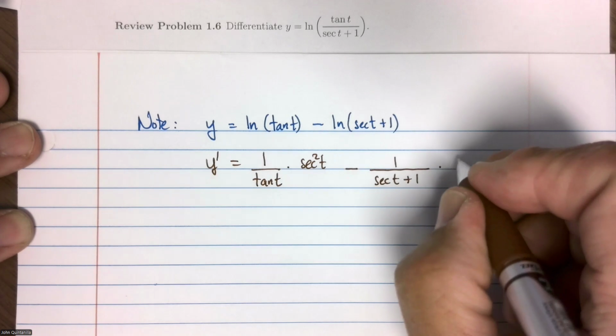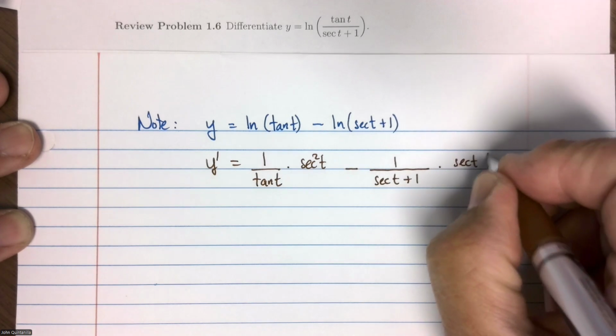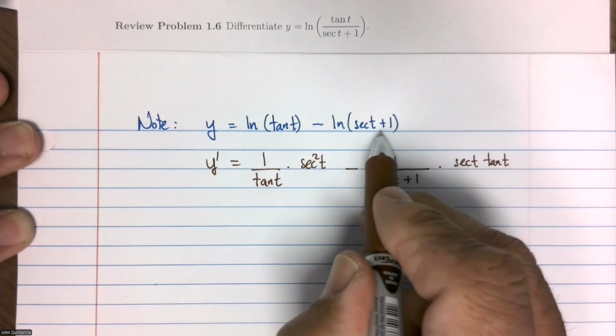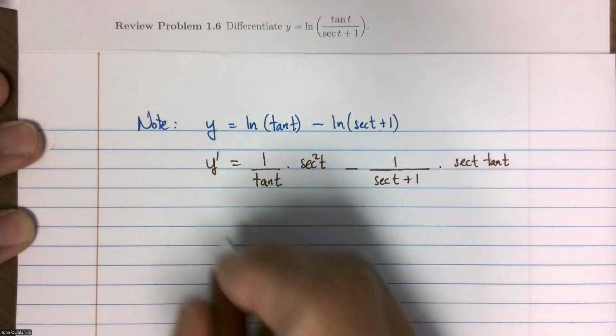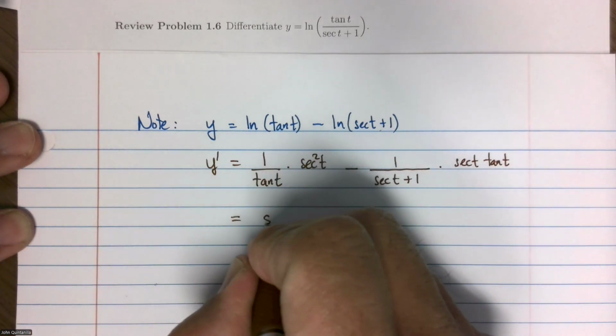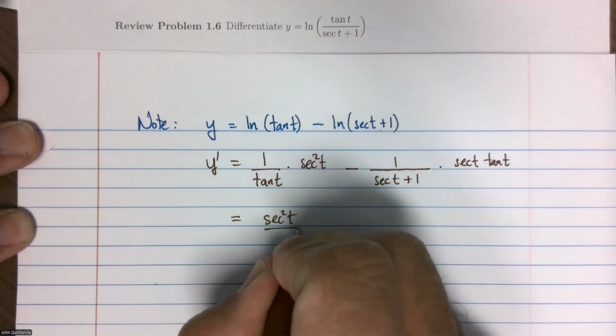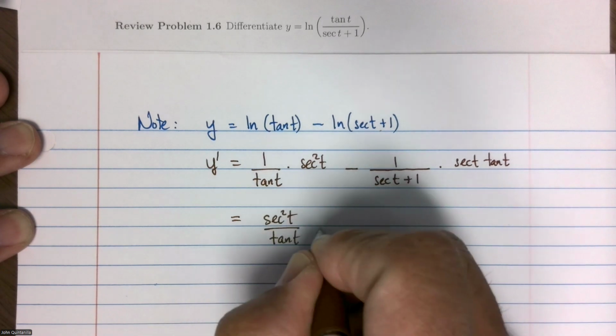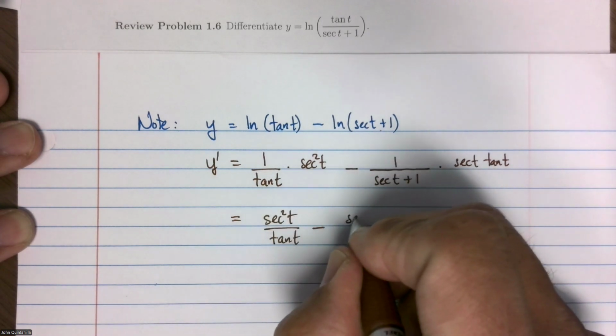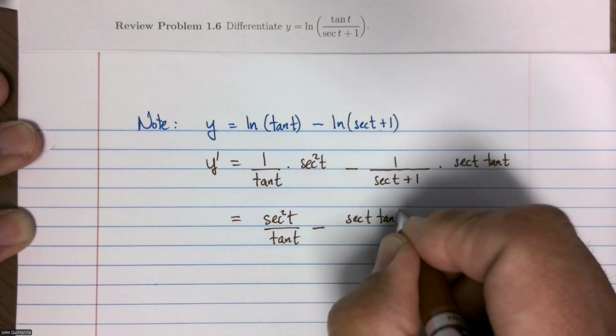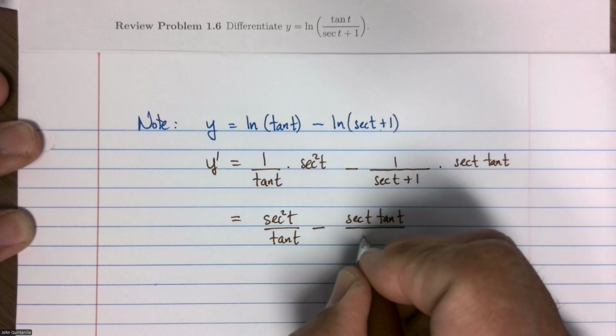Derivative of secant of t is secant of t times tangent of t. And then derivative of 1 is 0. And so this simplifies as secant squared t over tangent of t minus secant t tangent t over secant of